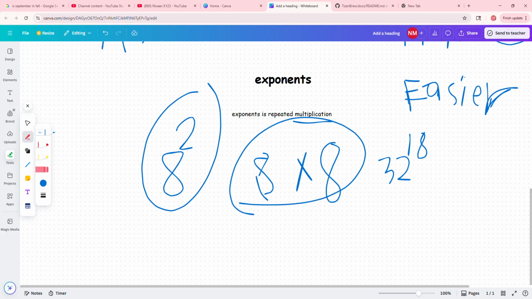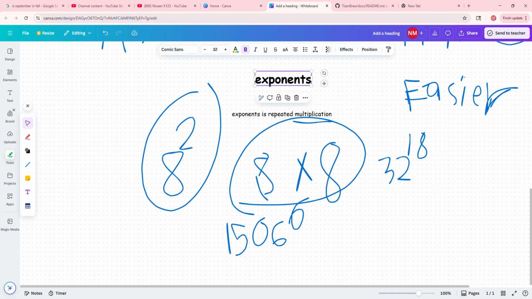32 and 18. But some things are really hard to do, like 1506 to the power of 3 or 6. That would be hard to do. But if you're ever writing it, like let's say if there's ever